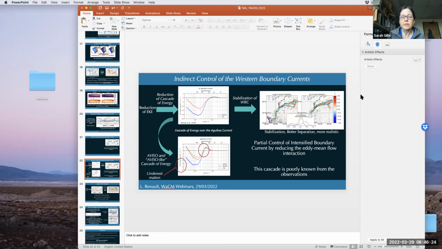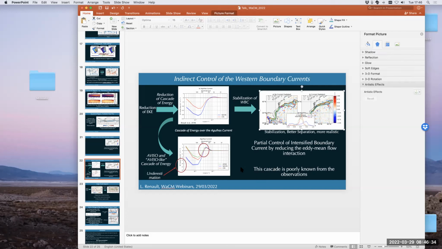Fabrice has a comment in the chat. Do you want to go ahead and ask that, Fabrice? Yeah, the question is related to how we actually want to use the data and what effects we want to put in, going from whatever is measured, sigma naught and Doppler, to stress and velocities, and how we deal with stability effects and other things. So just to clarify how you actually did your computation of the work with the QuikSCAT data, and then how we may want to do that with WaCM in the future.